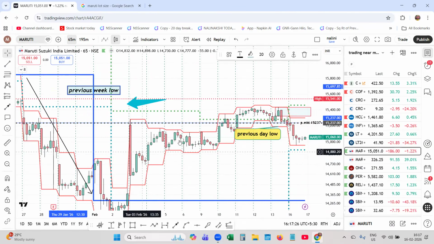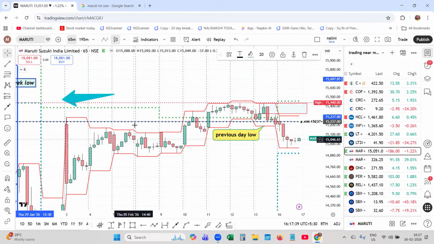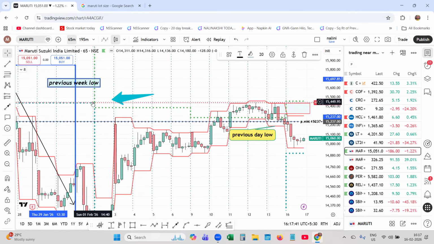After the pullback, it went sideways, and you can see a pattern of distribution happening in Maruti. The reason for calling it distribution was that it was going sideways and could not enter into the previous day low,